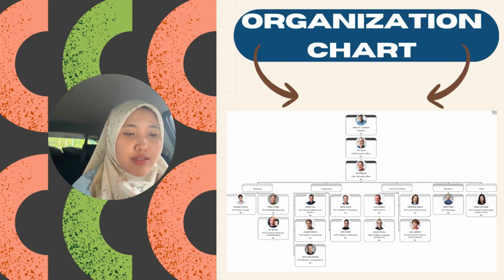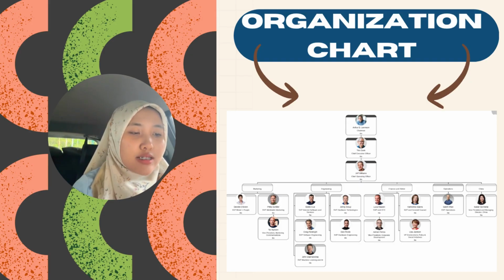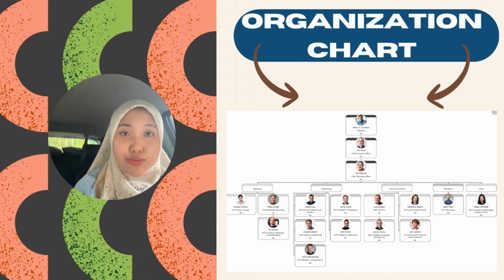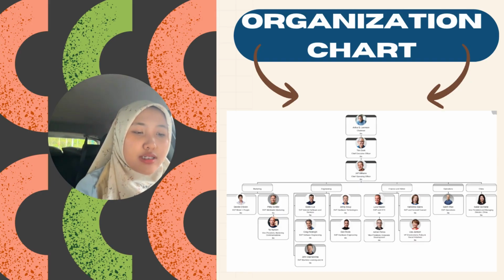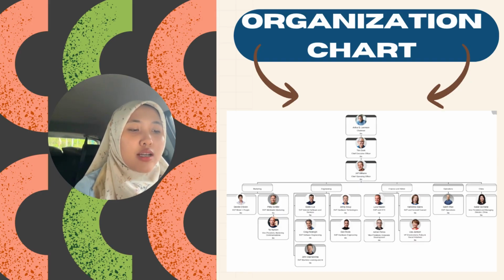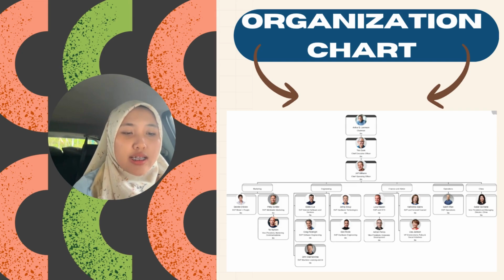At the base of the pyramid are the operational employees, the workers responsible for executing tasks and producing results. In Apple's case, these could be factory workers in the operational division who manufacture Apple products, or staff who assemble, test, or ship devices. They follow instructions from the first line managers and are essential in turning Apple's vision into